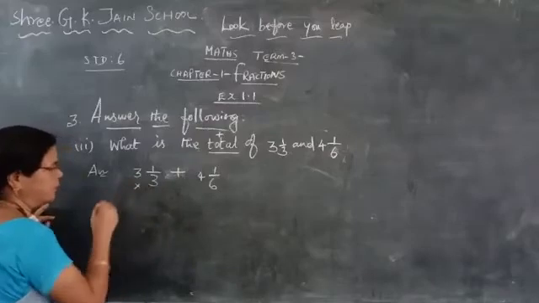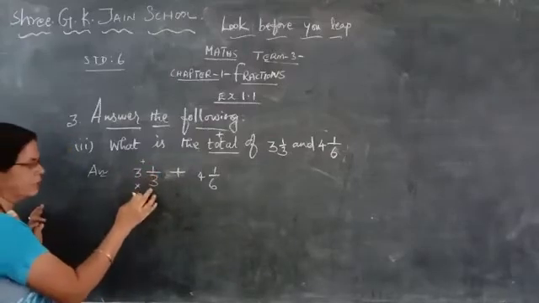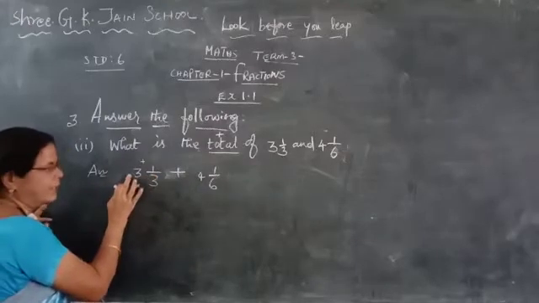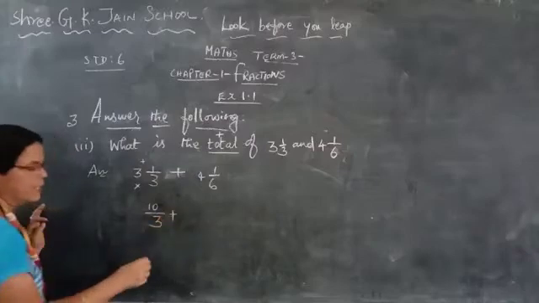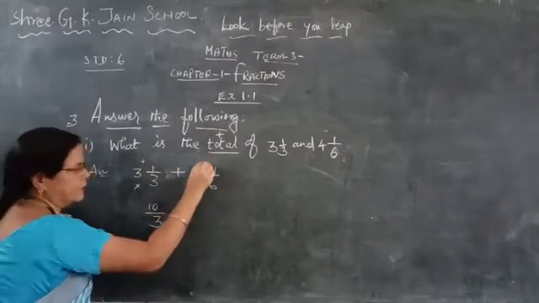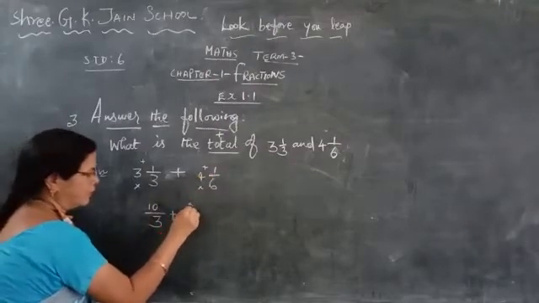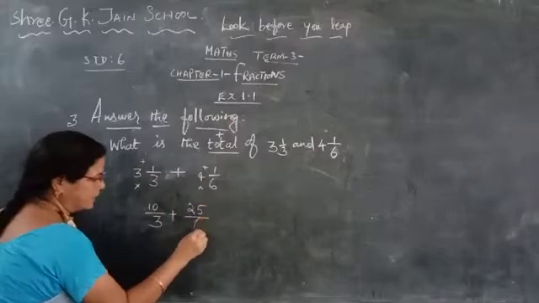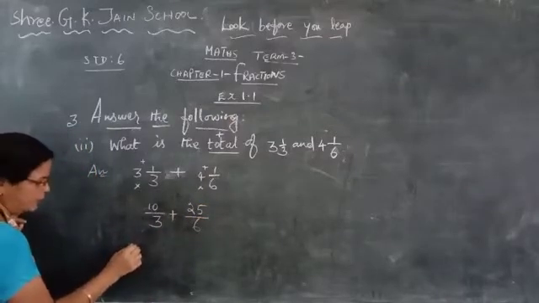3 3s are, first this one you multiply. What answer you are getting, with that you are going to add this one. 3 3s are 9, isn't it? 9 plus 1, how much? 10. So 10 by 3 plus, and next one, 6 4s are here into here plus, isn't it? So 6 4s are 24. 24 plus 1, 25 by 6. Is it clear now, children? Now what you are going to do is here.